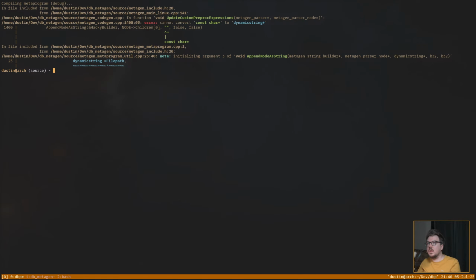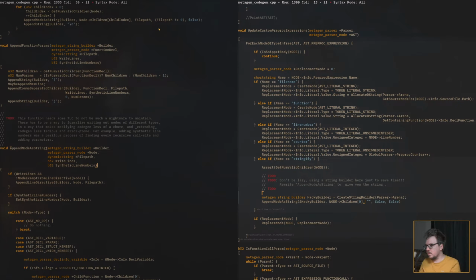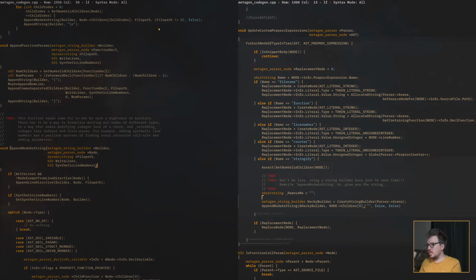Okay. Yep. This is even grosser now. This is so stupid. Crap, okay. Don't look at this horrible code. This is not even remotely permanent.